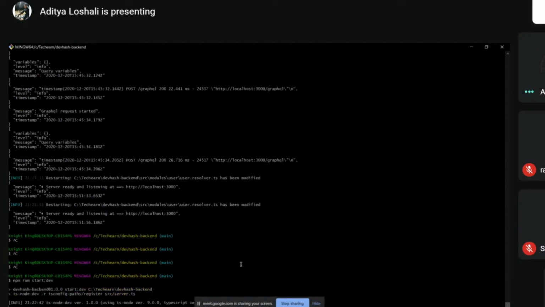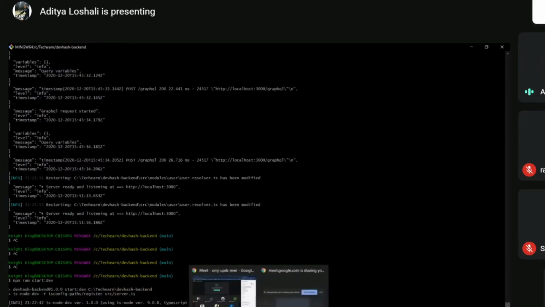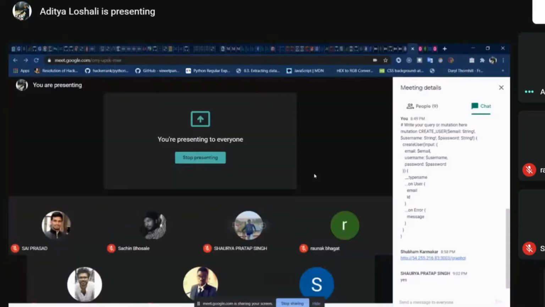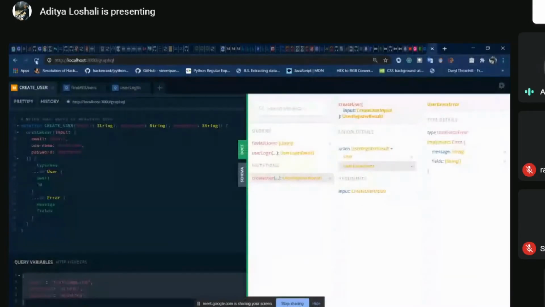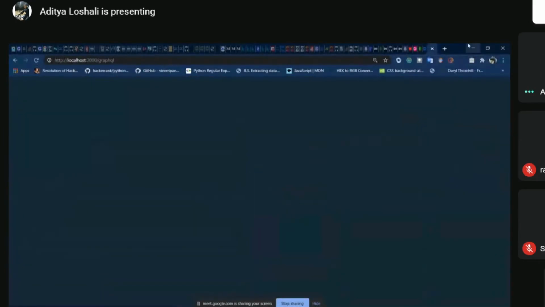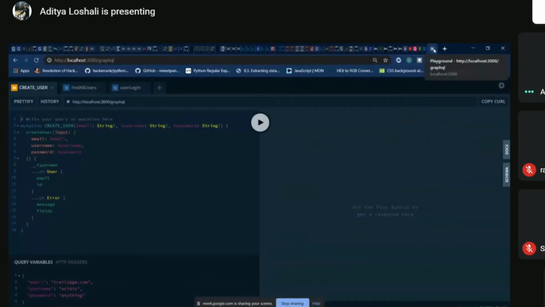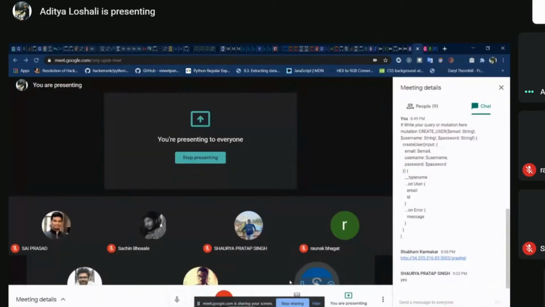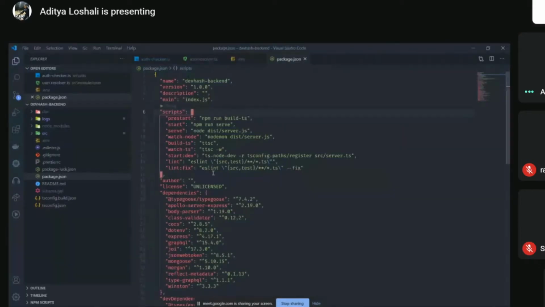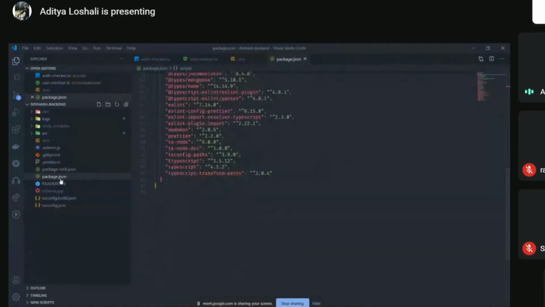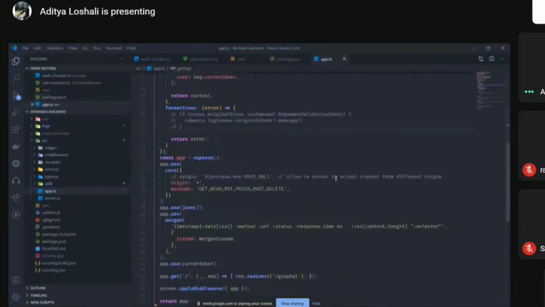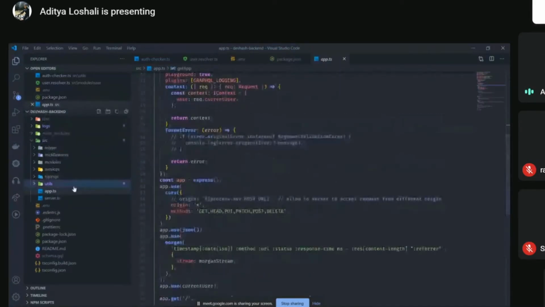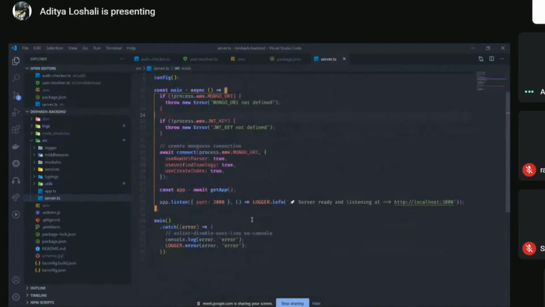With this command your development server is ready to go, and we can access it at localhost 3000. I don't remember. It's not hard coded, but we have an option here, I think. Just let me check. Okay, right now it's hard coded, yeah.